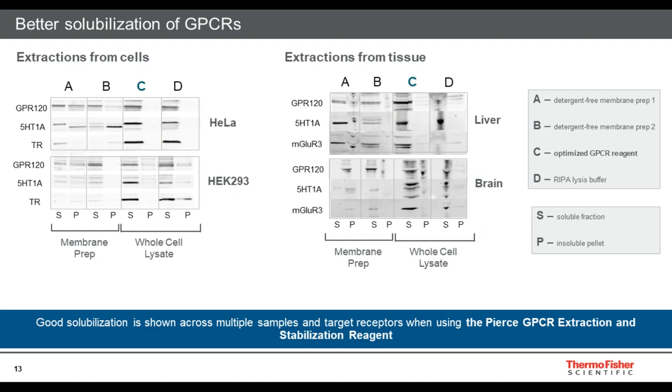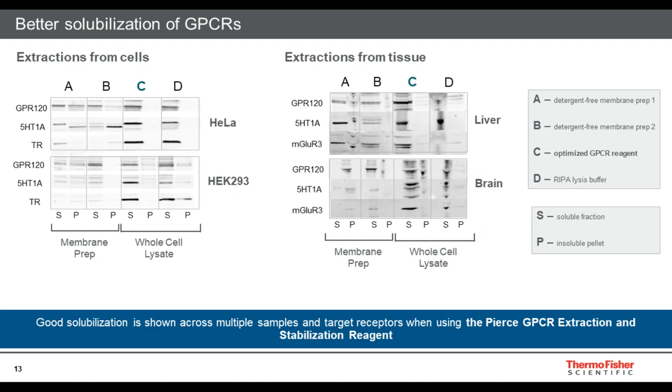To perform this experiment, 3 GPCRs listed along the left-hand side were solubilized from HeLa, HEK293, and mouse liver cells using the 4 different methods. The extracts were separated, transferred, and detected using SuperSignal substrates, and the images were captured using the iBright FL1000 imaging